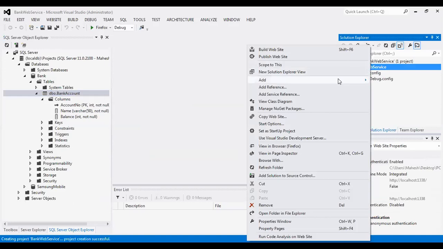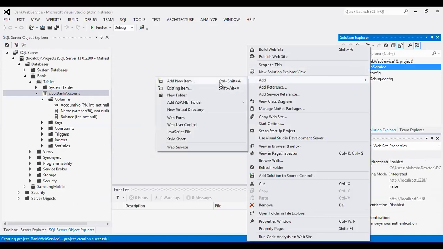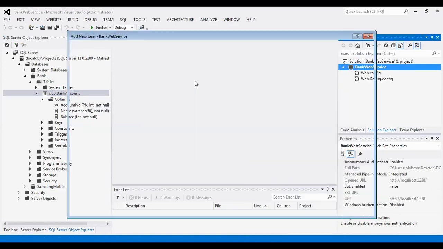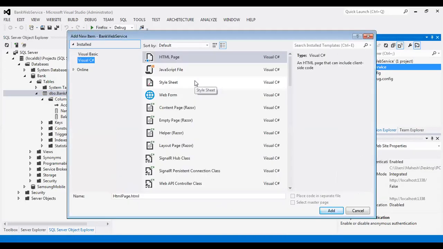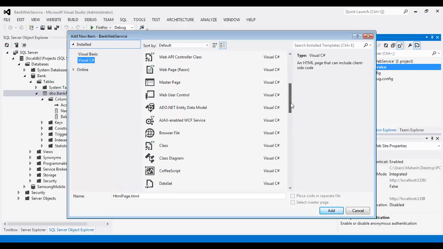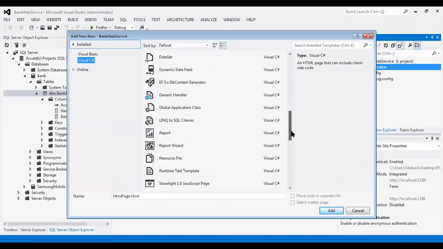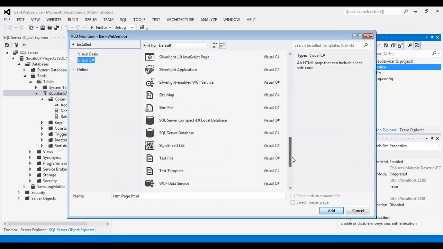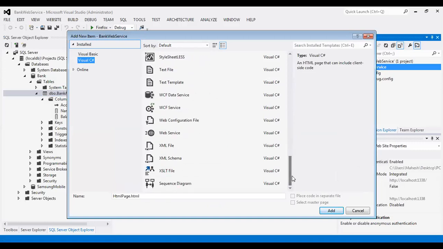right click, Add New Item, and from this just search the web service. So here the web service icon is there.